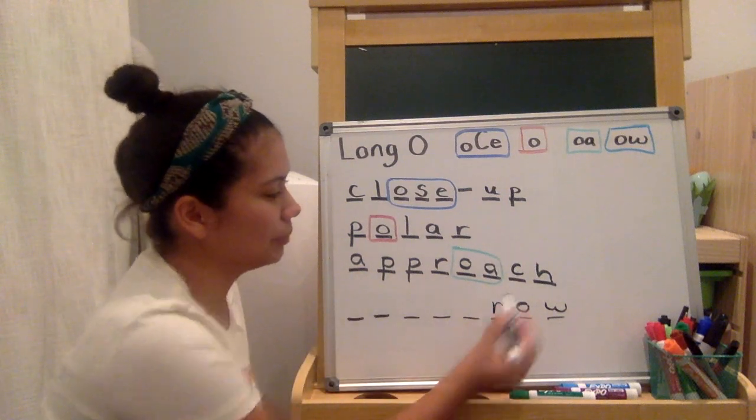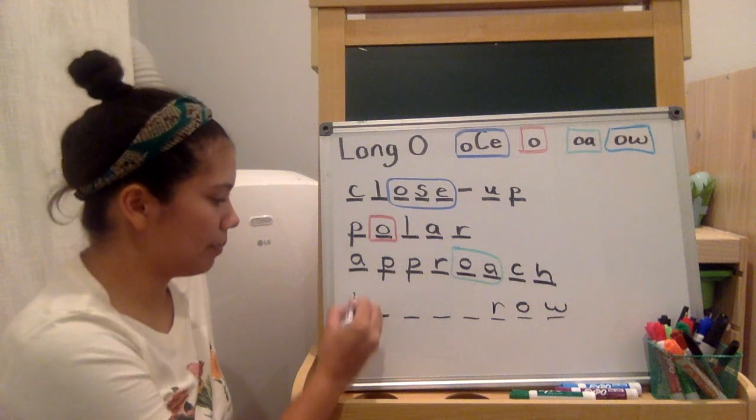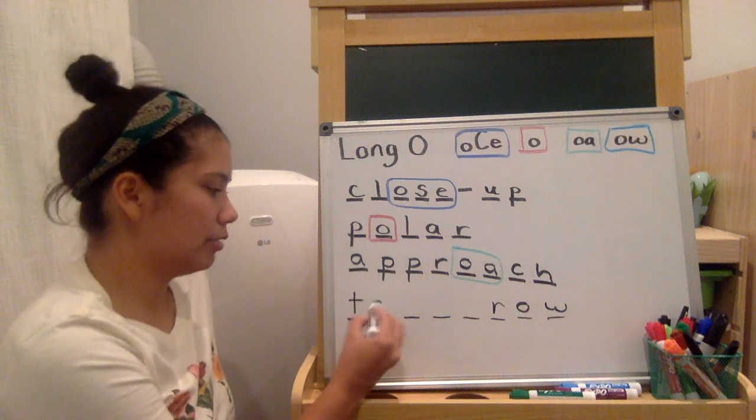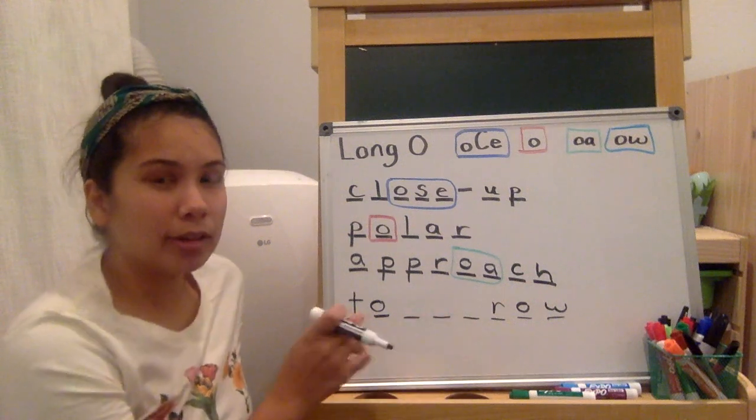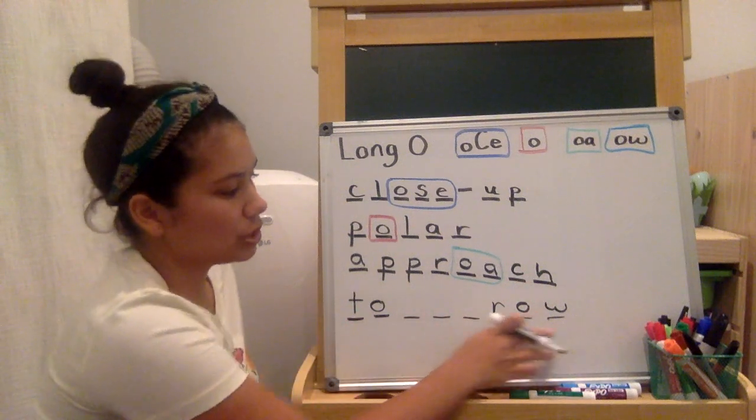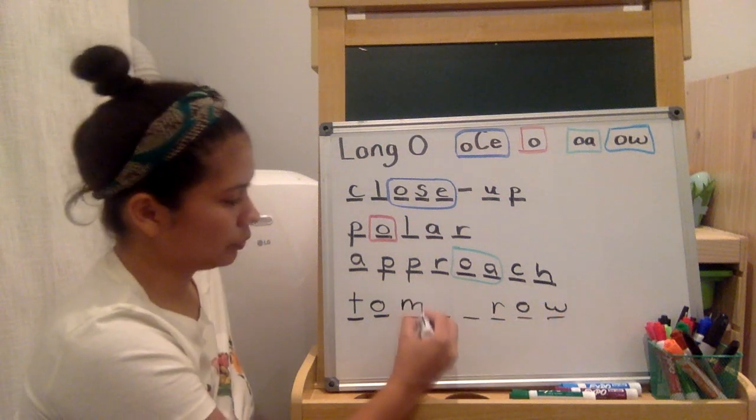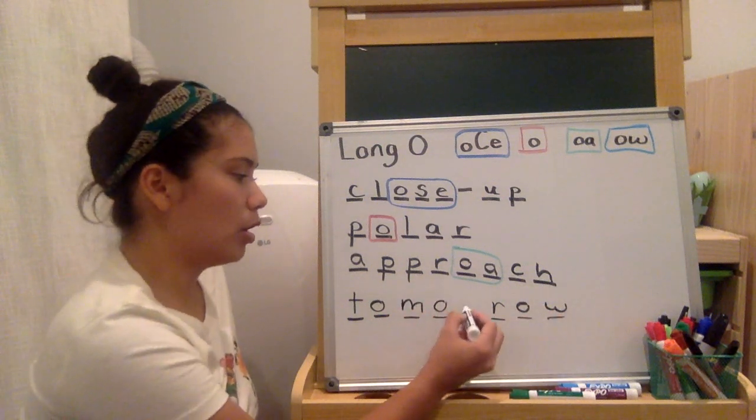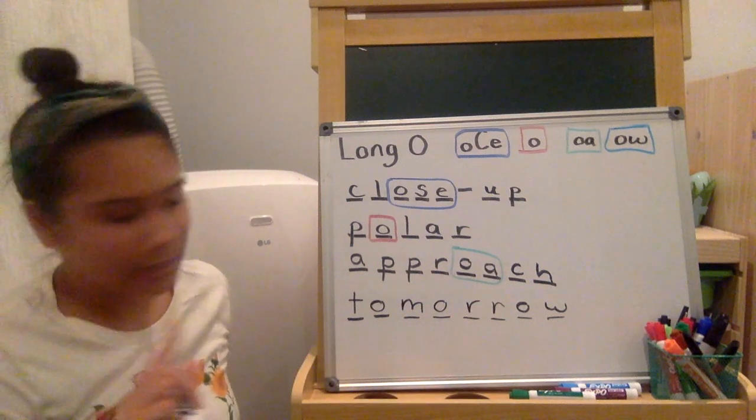That's an R sound. Let me go to the beginning. Tomorrow. Okay. Tomorrow. Don't worry if you're not sure how to spell this middle part. That's kind of challenging. Today we're just focusing on getting that OW. Tomorrow. Tomorrow is spelled